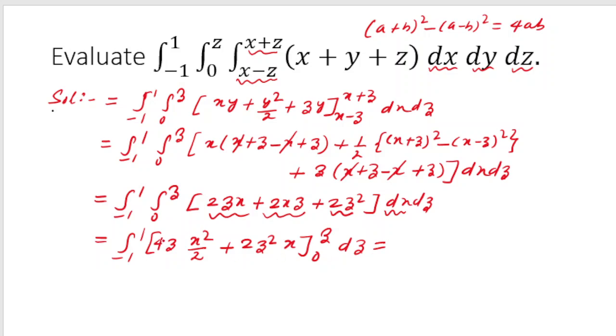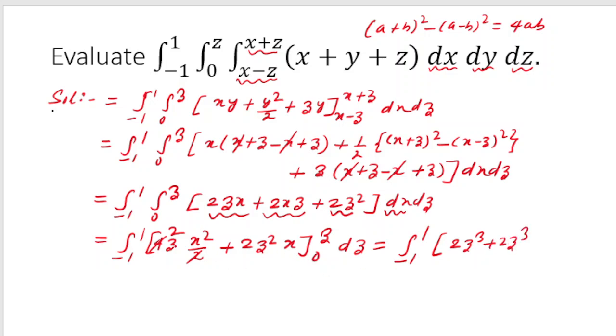So if we cancel here, I will get 2zx square and 2z z square x, but let me put the limit first. So I will get minus 1 to 1, and if I put the limit of z here, not sorry, I have to put the limit of x, so it is 2z into z square, so I will get 2z cube, and here also 2z square into z, so I will get 2z cube,